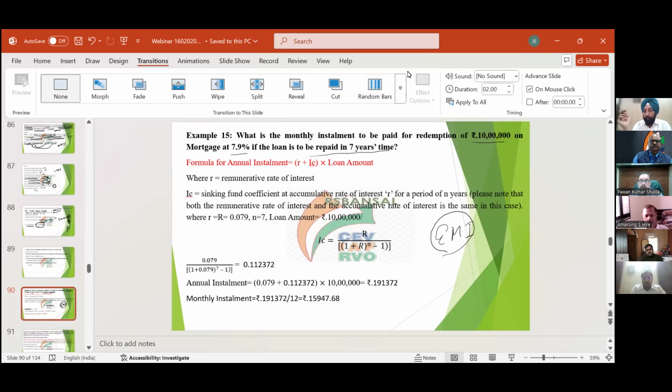Okay. So in this case, the formula we will be using is (R plus IC) into loan amount. R, you know, is the rate of interest, which is 0.079. And for IC, you will take the same rate of interest as 7.9. The formula for IC is R upon (1 plus R) raised to power n minus 1. You put all the values here. The value of IC will be